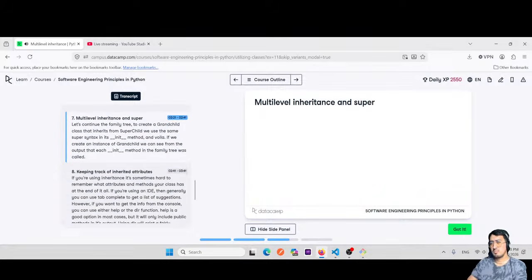Let's continue the family tree. To create a grandchild class that inherits from superchild, we use the same super syntax in its init method, and voila! If we create an instance of